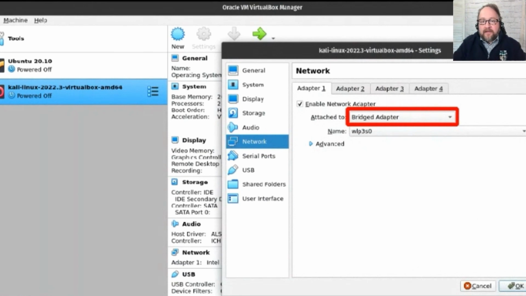So the first thing is I want to reinforce the network adapter setting in VirtualBox. This is VirtualBox. Basically, if you go to your VirtualBox virtual machine, highlight it, and then go into the settings, which is the gear here. It's grayed out in this screenshot, but it would be yellow normally or some sort of orangey thing. And then you go down to network. Then in network, make sure you have the checkbox enable network adapter checked, and then attached to should be bridged adapter. Now, if for some reason, when you boot the machine after doing this,